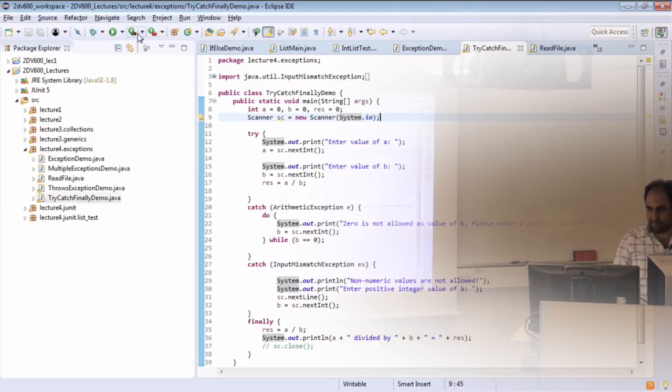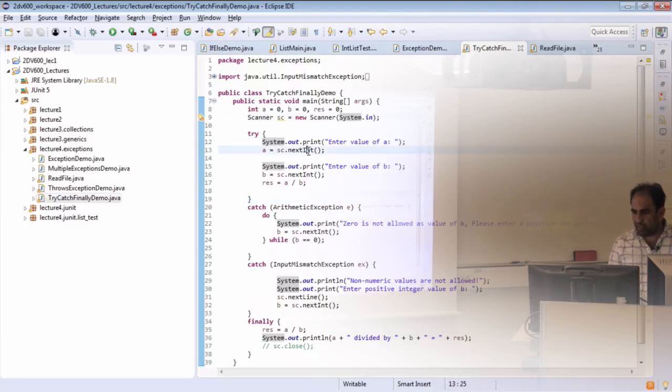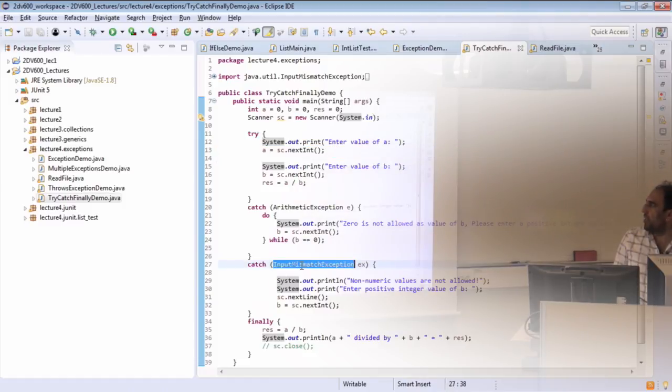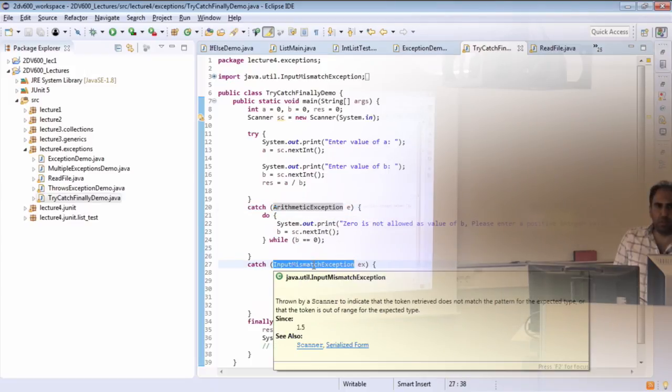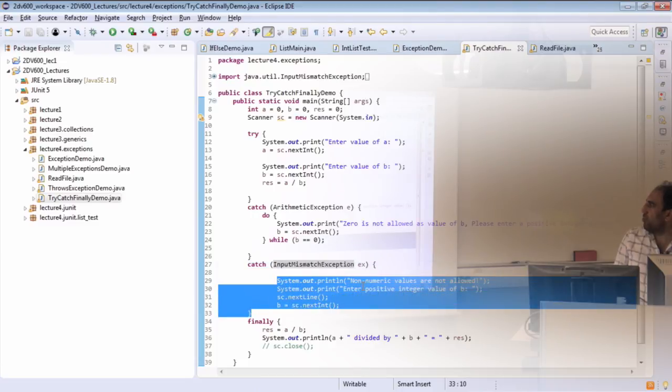In that case, this statement a sc dot next int will generate an exception of type input mismatch exception, and then it will go to the catch block. Here the catch block doesn't match the arithmetic exception, rather it matches the input mismatch exception. So it executes the code here, and it asks you to provide the value of